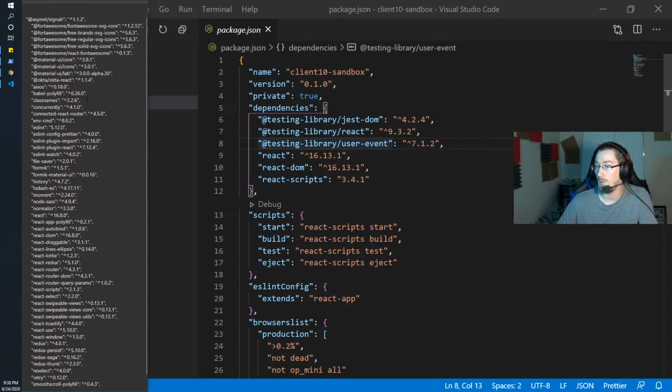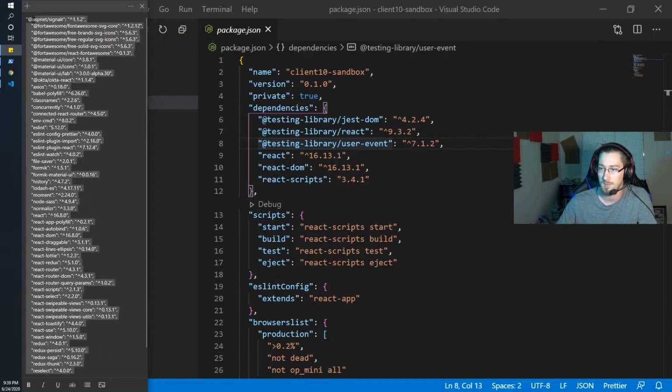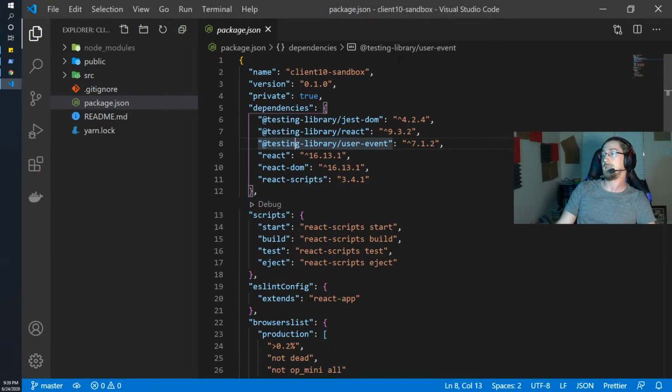Let's code. Well, let's brush up on some of these frameworks. So here's the list on the left-hand side of all the frameworks that the client uses in their project. I started a boilerplate project named Client 10 Sandbox, and we'll see how it goes. I'm going to try to use some of these frameworks and get a good idea